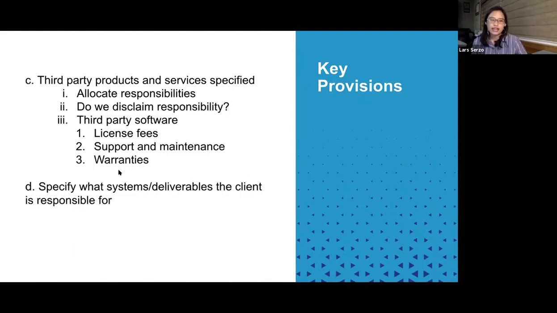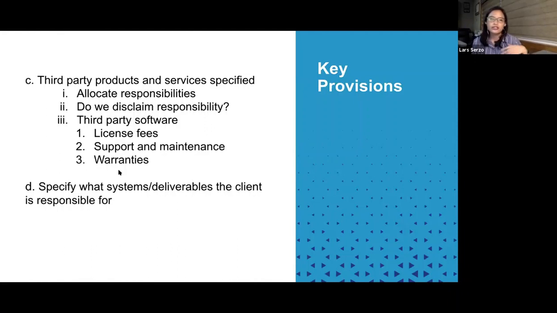So by default, if I'm the provider and I'm providing you with third-party software, it's in my interest to disclaim responsibility over all of these third-party software, right? I disclaim responsibility over defects arising from the third-party software. I disclaim responsibility over infringement allegations arising from those third-party products.